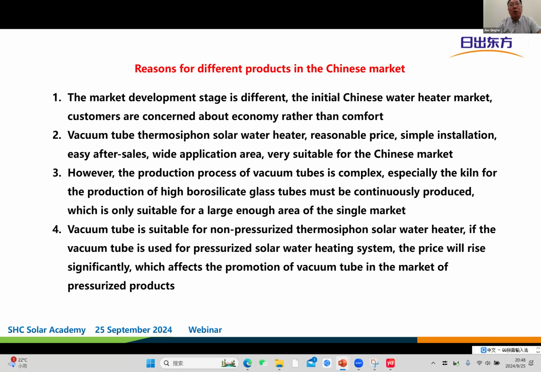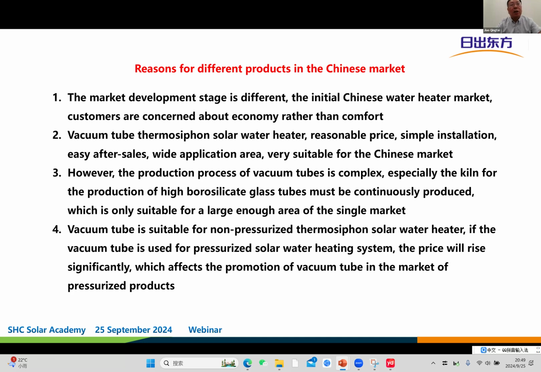However, the production process of the vacuum tube is complex. Especially accounting for the production of borosilicate glass tube, it must be continuously produced, which is only suitable for a single market with a large enough area. If the single market is not huge enough, it's difficult to produce the vacuum tube. Such as the cone, the lifetime of the cone is around 3 to 3.5 years. That means during the 3 years, the production line cannot stop even 1 day. So the market should be